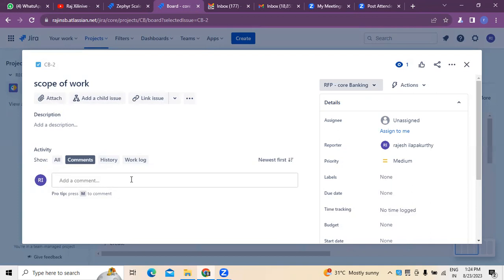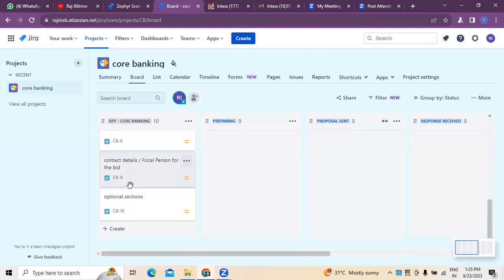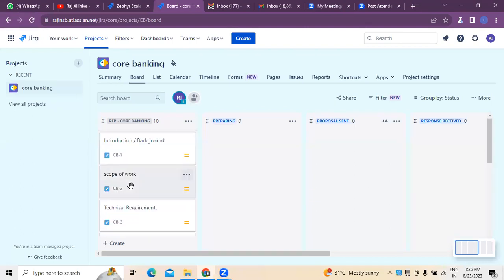It can be timelines, it can be project deliverables, room for adding new requirements to the existing stuff, accessibility of all the necessary resources, available staff, manpower, timelines, budget, all these. So scope of the project, possibility of extension of any requirements which can be added in future, all that. So technical requirements and all that. So these are generally the steps which we normally follow whenever we are going to prepare a request for